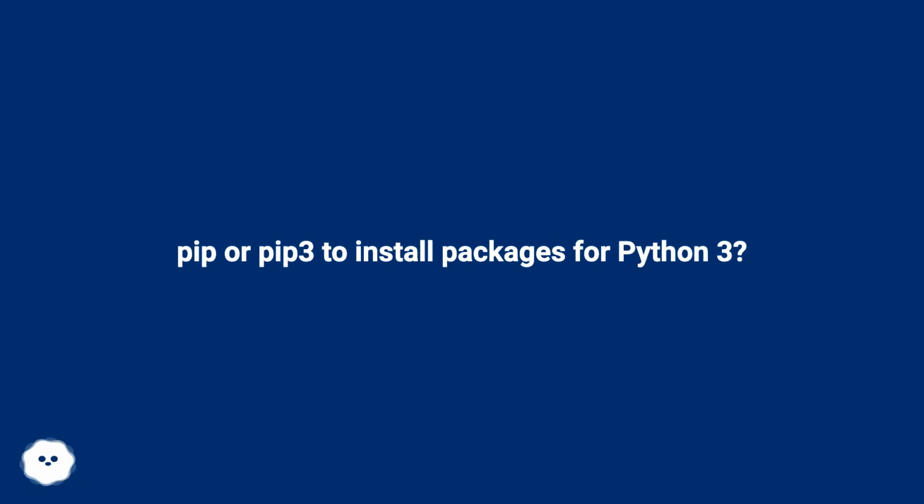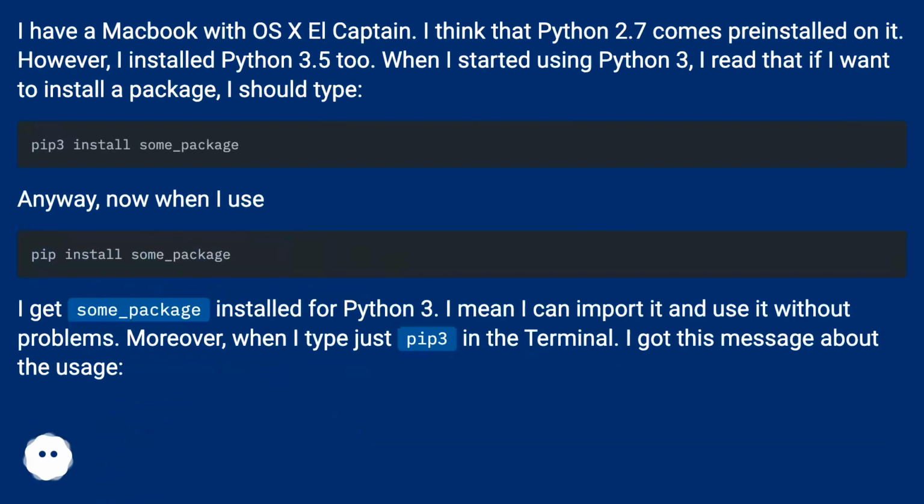pip or pip3 to install packages for Python 3. I have a MacBook with OS X El Capitan. I think that Python 2.7 comes pre-installed on it. However, I installed Python 3.5.2. When I started using Python 3, I read that if I want to install a package, I should type